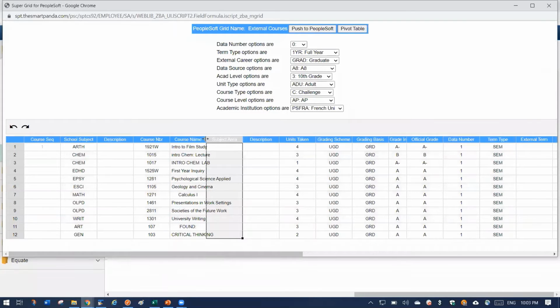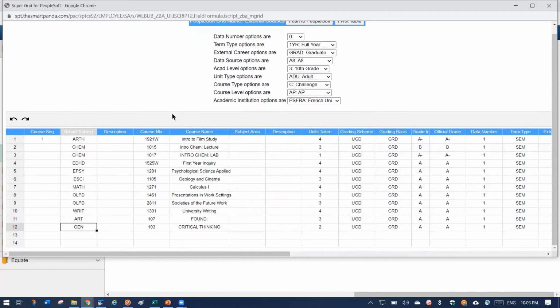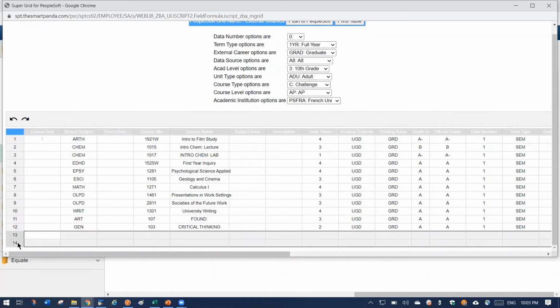Now I can do a lot of stuff here. Obviously, I can edit this here, and I can add rows. It's like an Excel, Microsoft Excel experience here. But I'm just going to show you that